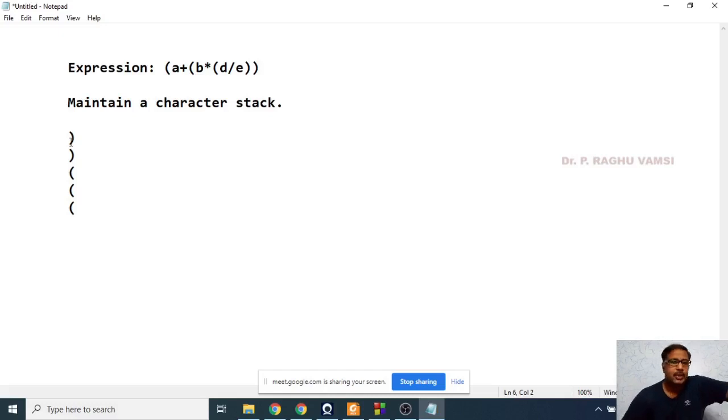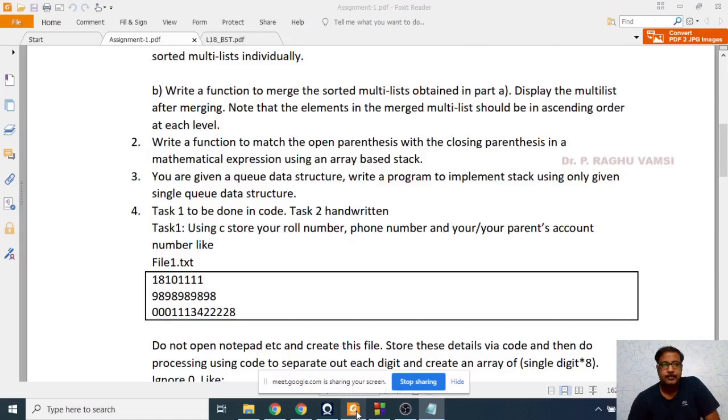So 2 bracket closes are there, but 3 bracket opens are there. So the number of closed brackets is less than the number of open brackets, hence the expression cannot be evaluated. So this is the way you can conclude this expression evaluation with the brackets. This is regarding the second question.